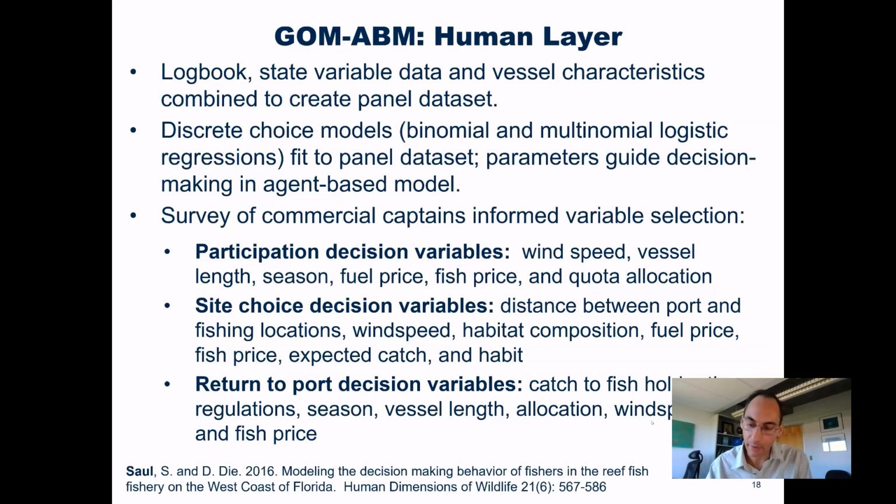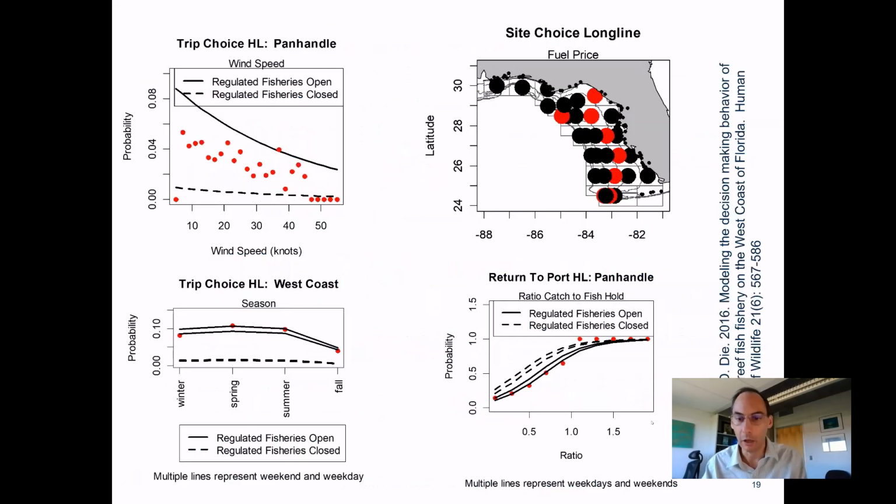Draw a random number, and then that's how vessels decided whether or not they would make that choice. Some of the patterns that came out of that modeling that you can see, these are partial probabilities on the y-axis. So it makes intuitive sense that as wind speed increases, your partial probability of going out fishing would decrease, or at least the probability that's contributed with respect to wind. So as wind speed goes up, you're less likely to want to go out and take a trip.